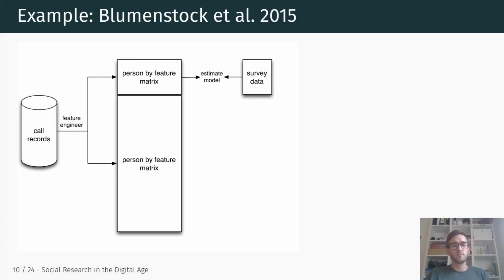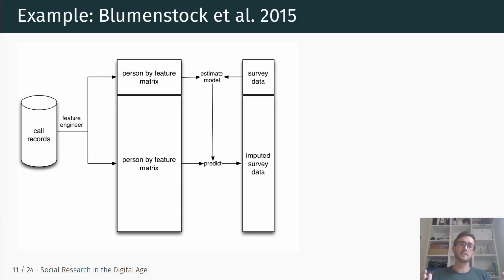So what they've been able to do is run a survey with a sample of people and ask them key questions about income and the outcomes that they're ultimately interested in. They're interested in estimating wealth. And they were able to combine that with the information from the call records to estimate a model that connects, on the one hand, the features in the call records and the information in the survey that they estimate, right?